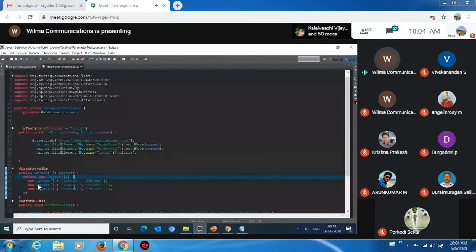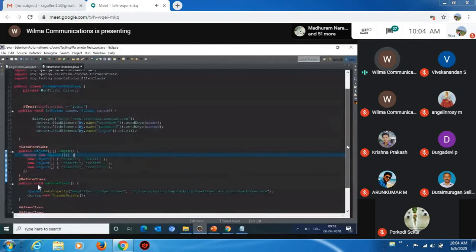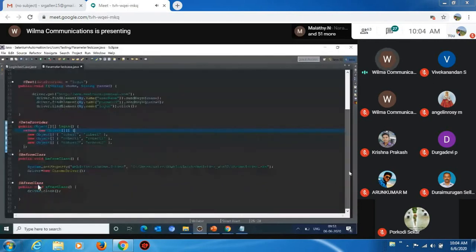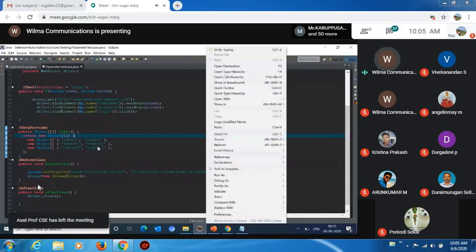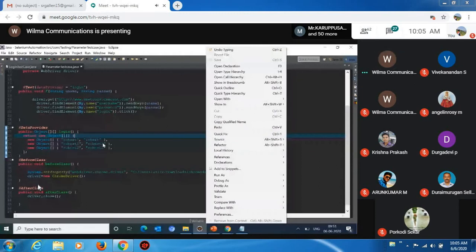In every iteration it will take the input from this set of values instead of the hard-coded value. So here I'm validating the login functionality with three different sets of input conditions. Now I'm going to run. It will take three iterations, and every iteration it will take the values from this data provider. Run as TestNG.